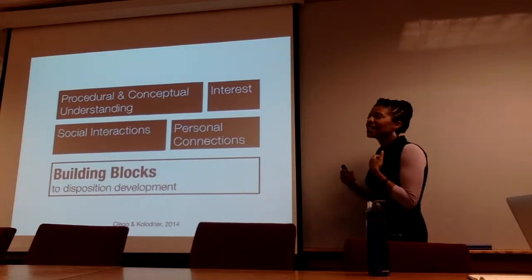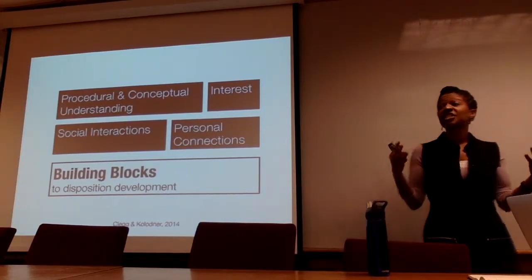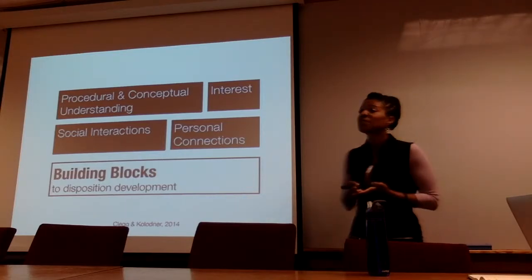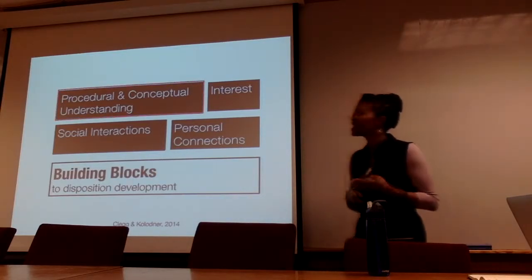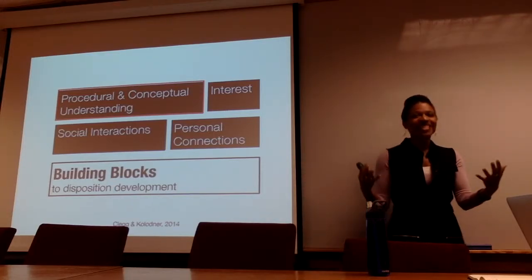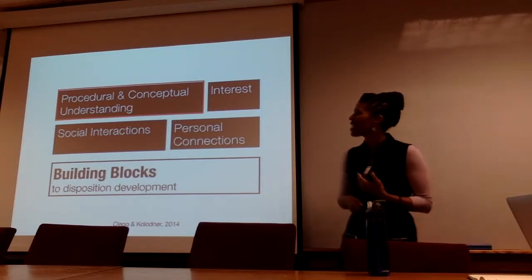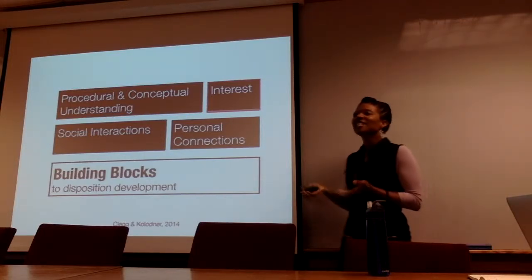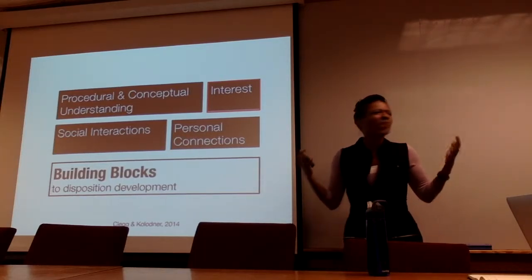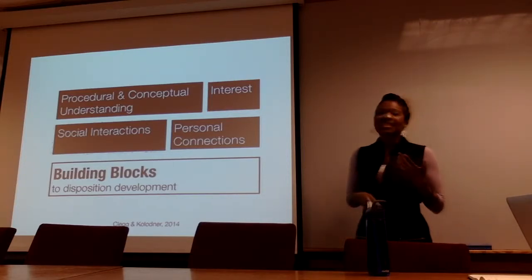So in my work in designing life-relevant learning programs and technologies and surveying the disposition literature, I've identified 4 building blocks to promoting learners' STEM dispositions. The first is helping learners have the procedural and conceptual understanding that's needed for having the competence to actually engage in the scientific inquiry practices, to know when it's relevant and things like that. The next is helping learners to develop the interest, right, this curiosity about the world, right? They wanted to know more about how the world works and what makes things happen, right, and delve into new